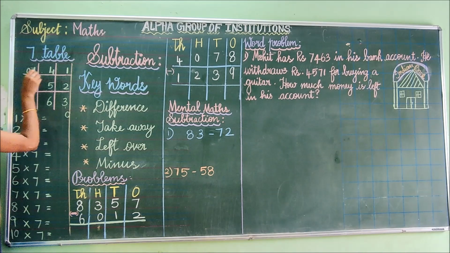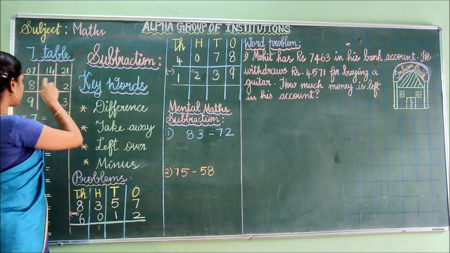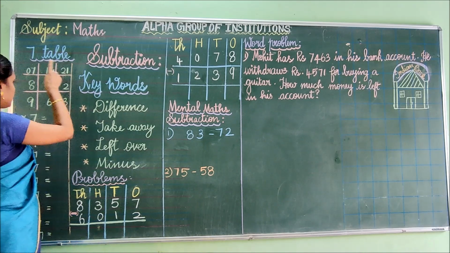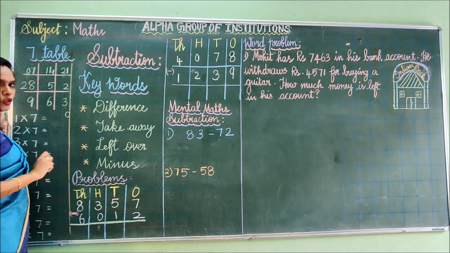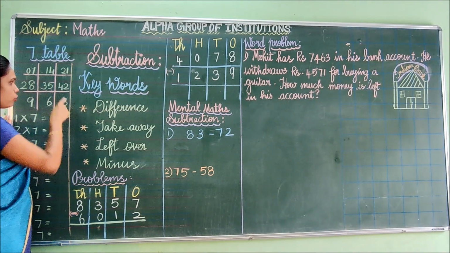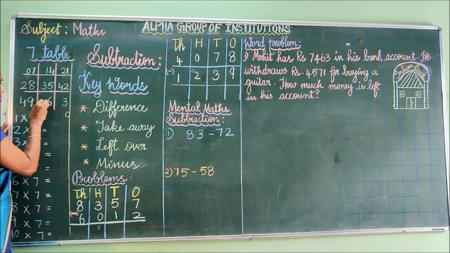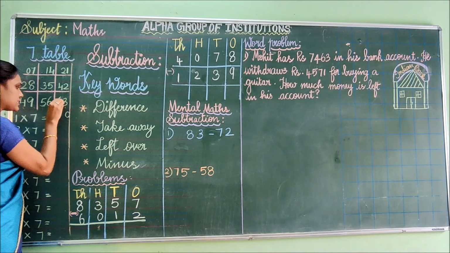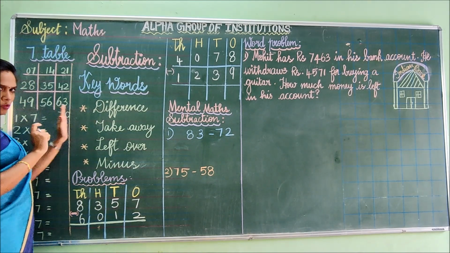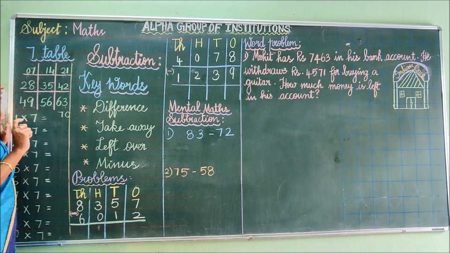See here, 0, 1, 2. Just writing the numbers. 0, 1, 2. The same number. What number you have completed here? The same number should be written here. Again start from 2. 2, 3, 4. What number you have started here? 4. The same number should be started from here. 4, 5, 6. After 6 what number? 7. We are writing in the same row itself. So after 6 we have written 7. So this can be a 7 table.